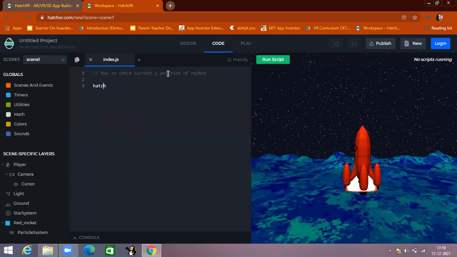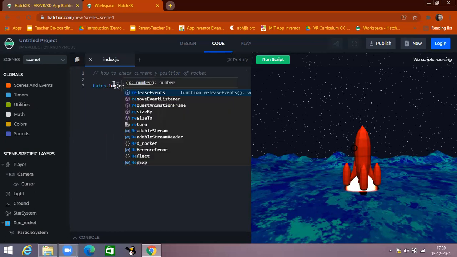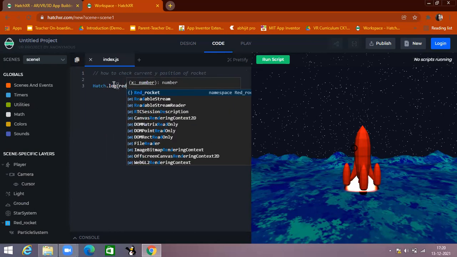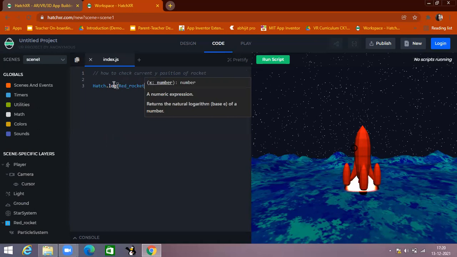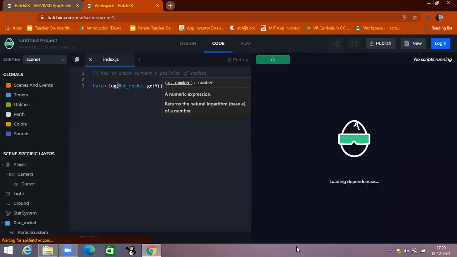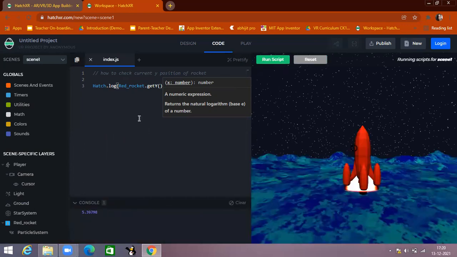Hatch dot log. Inside that you have to write rad underscore rocket dot get y, because the name of my rocket is rad underscore rocket. When I'm running the script, you can see in the console section it is showing the rocket getY.